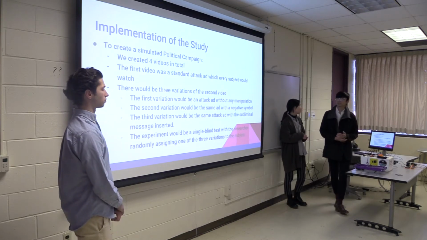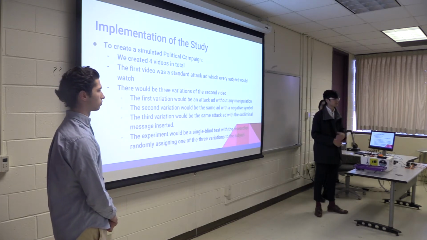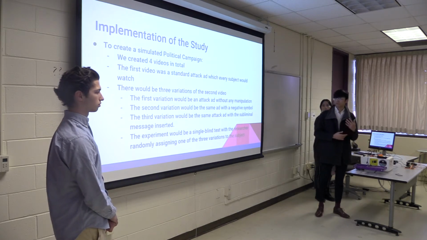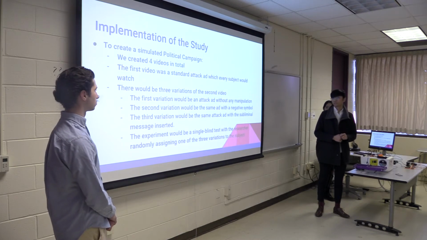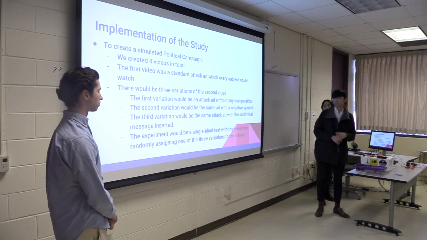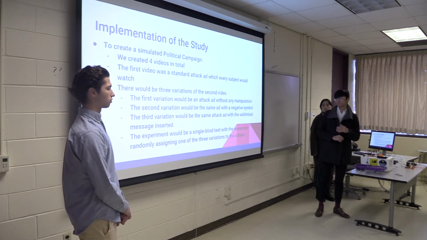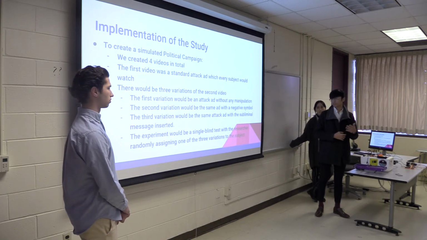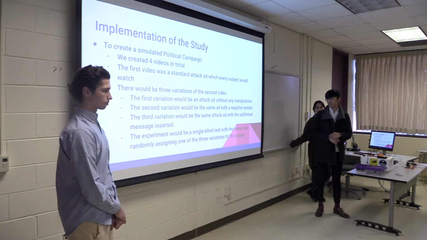So to create the simulated political campaign, we created 4 videos in total. Doing a lot of research, we found that the most effective political campaigns utilized negative ad campaigns, and they were in the video format. So we created 4 in total. The first was a standard attack ad, which every single subject would watch first, and then we would have a few different variations of the second video. So we would have the control, which doesn't have any manipulation done. The first experimental, which would be the same ad, but we would substitute in a negative symbol that would reinforce the negative atmosphere of the video. And then the second experimental would be the same attack ad, but instead of the symbol, we would have a